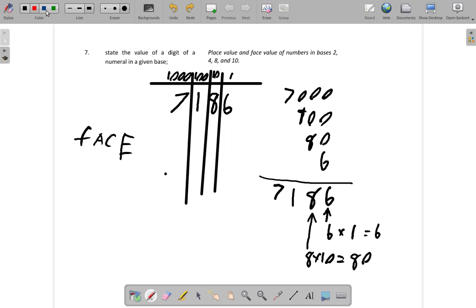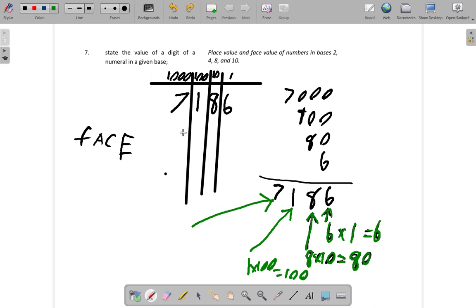In fact, let me put the place values in a different color. So it's 6 times 1, which is just 6. The 8 is in the place of tens. So it's 8 tens. So we call that 80. 1 now is in the place of hundreds. The column that it is in is the hundreds column. This represents 100. So it has a place value of 100, because in this case it would be 1 times 100, which is 100. And then 7,